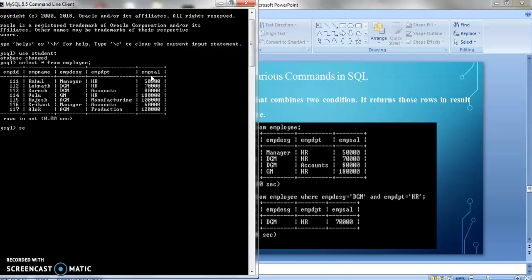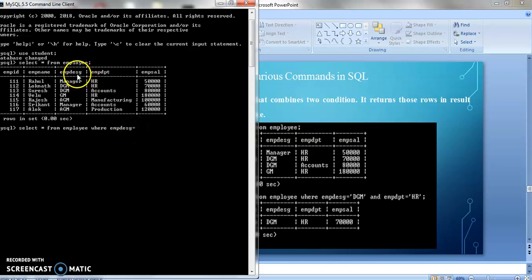So I will write select star from employee where. As I told earlier, the where clause is used for the condition. First I want the designation to be DGM, so I will write where employee designation, and the column is EMP DESG equals DGM.